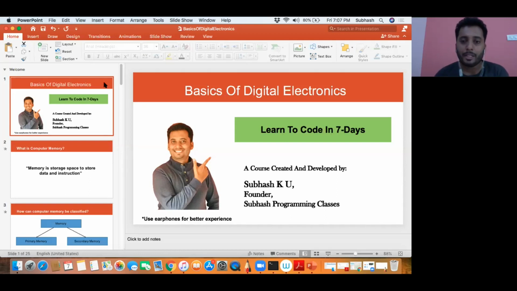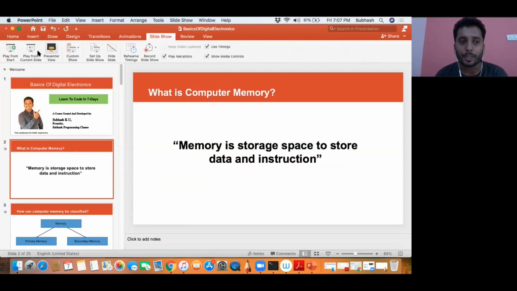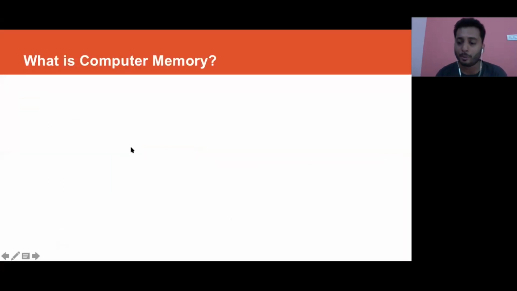Okay, having said that, the very first question I would like to ask you is, what is a computer memory? What is a computer memory? Can you explain what is a computer memory? Any answer? It's a storage for